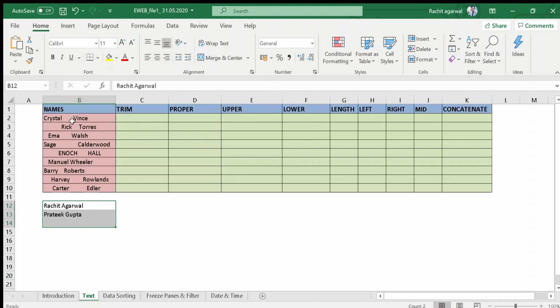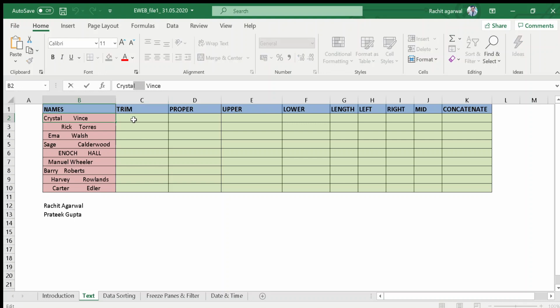So what we want to do here is trim the space, to remove the space. How to remove the space? We use the trim command, and any formula in Excel starts with an equal sign.